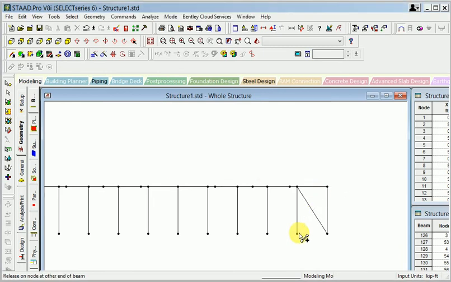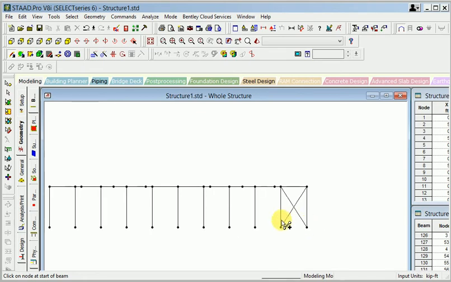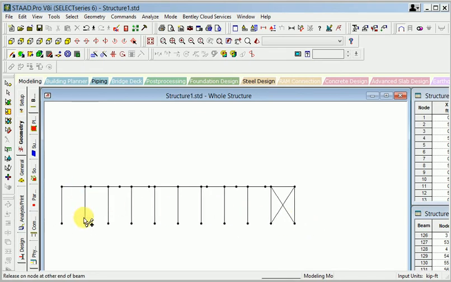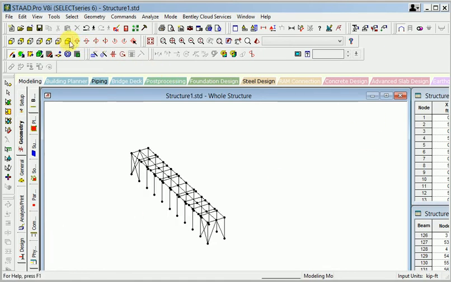You can see here. If you click the other side view, now I will show you 3D view.